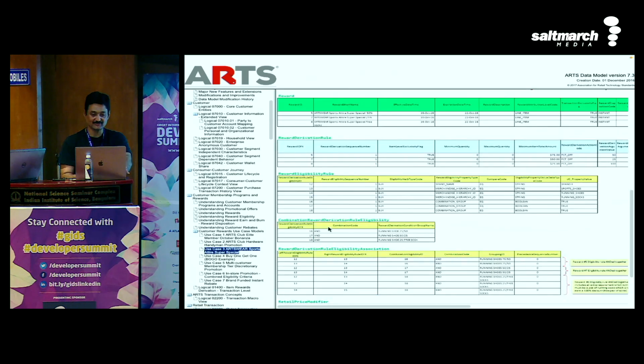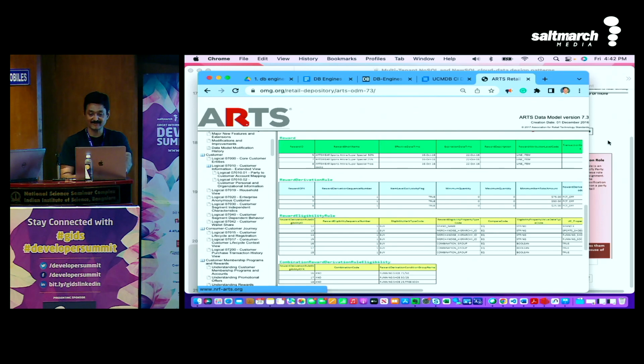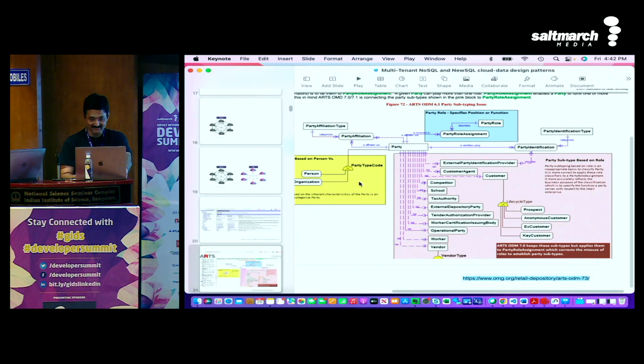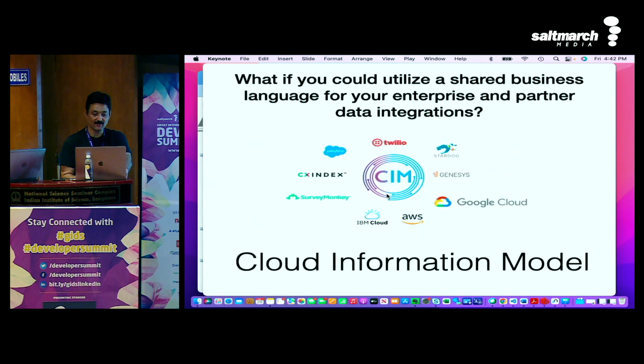I'm not here to tell you exactly how it is working, but I'm telling you there are industry standards which do something like this. This is the party model I'm showing you in that industry. If you're using retail, you probably want to look at this when you're building your model. Okay? Now, common information model, this is something which was used by AWS and others.